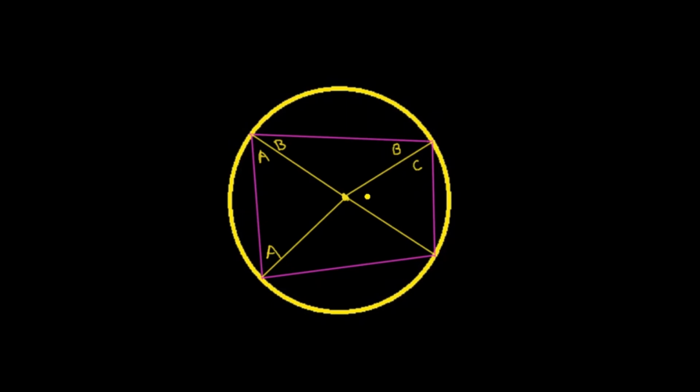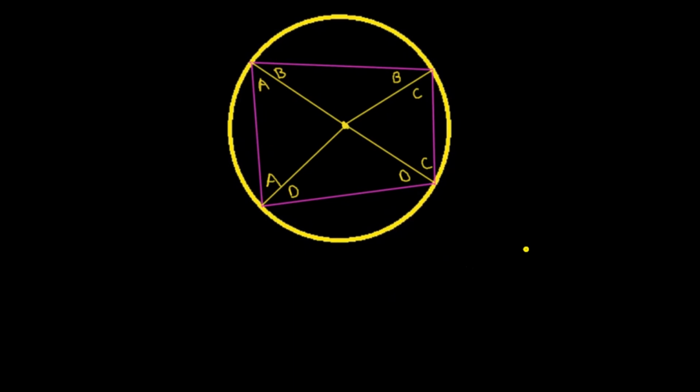Right? So isosceles triangle again, right? Same length as the radius. So angle C. So again, same length as the radius of the circle. So this is an isosceles triangle. Let's call this angle D. This side is also angle D. Okay, so I have labeled this. So what can I do with this?